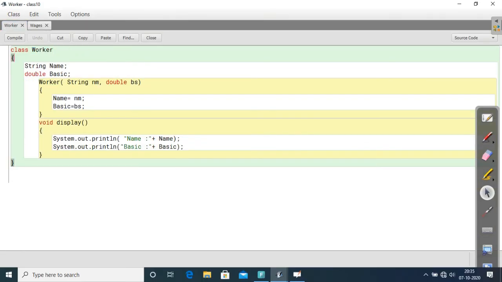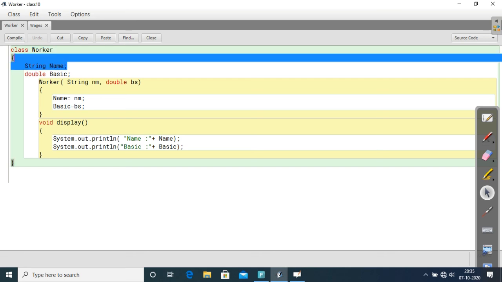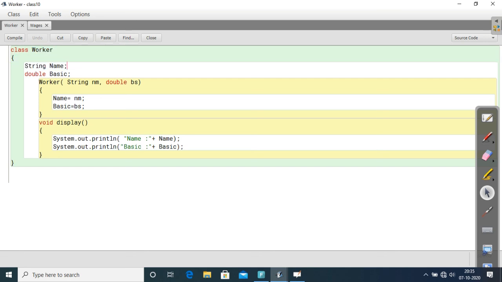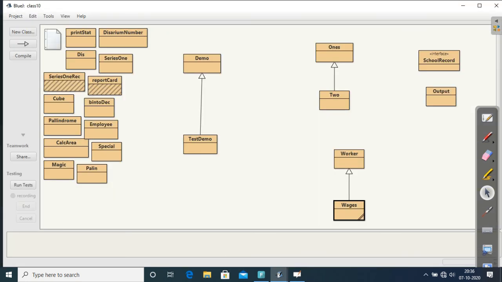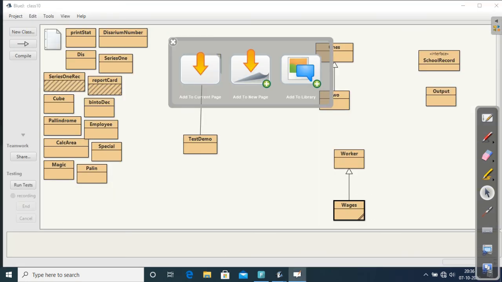Here Worker is the class, a base class, that is a super class or base class, and we declare two variables and pass these values in the class Worker. In another class I have written Wages and extended that particular Worker, and how we have inherited the base class constructor in the child class constructor, and we have calculated. And one more thing, void display is the child class method. We have called the overridden method using super.display, and let's see how the output will be. So it will display like this.